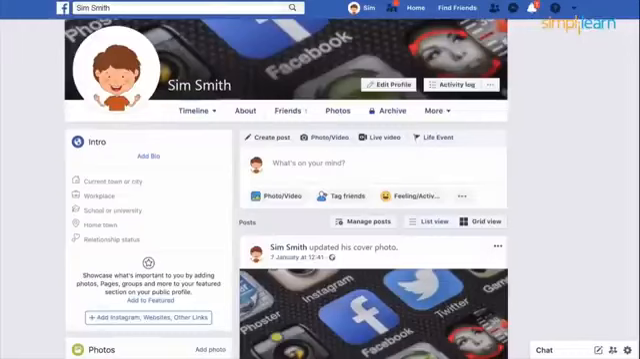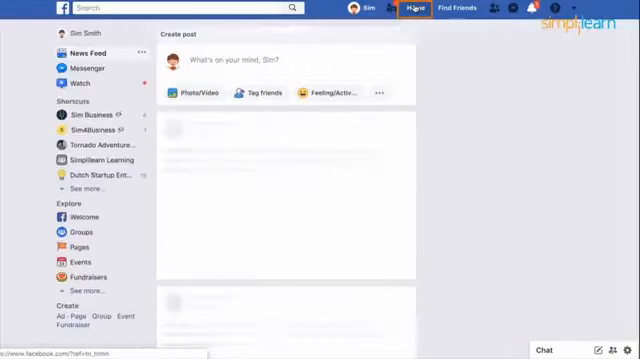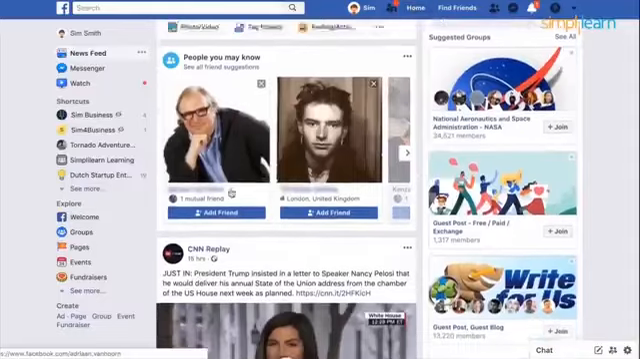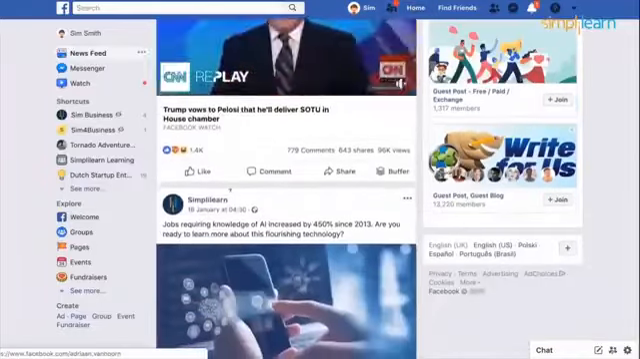Newsfeed is the place where you can see the activities of your friends and the pages that you follow. You can access the newsfeed on the mobile app or on your desktop. I'm going to show here how to access your newsfeed on the desktop. By clicking here on the home button, you get access to your newsfeed, and in the newsfeed you can see